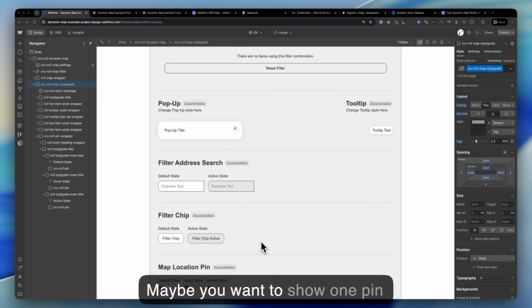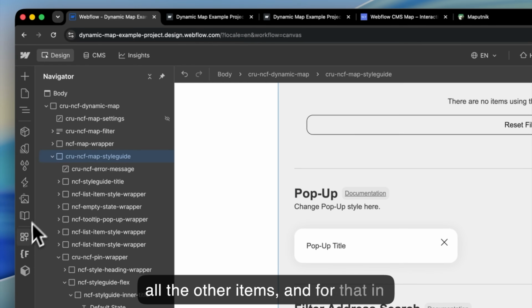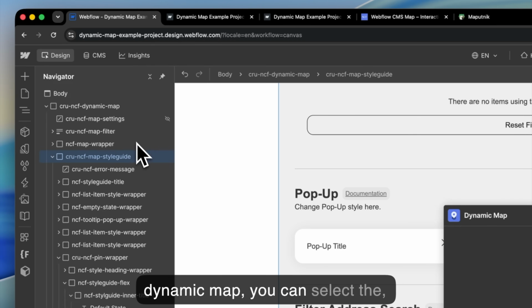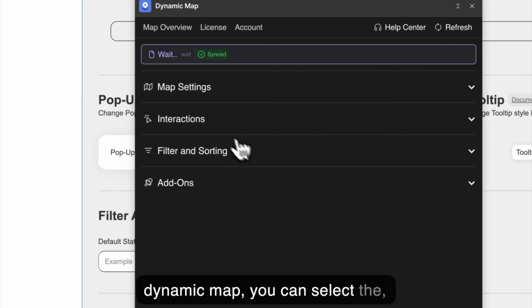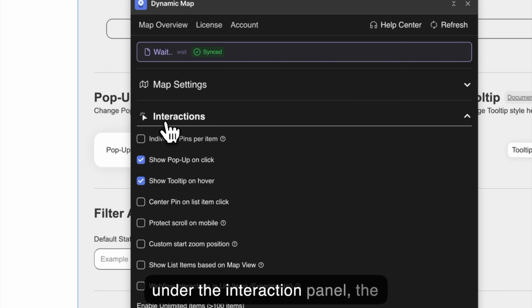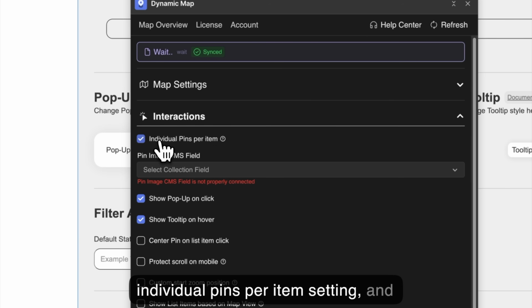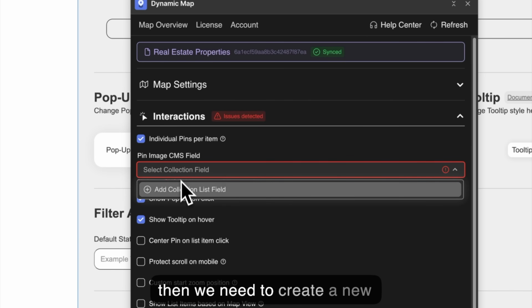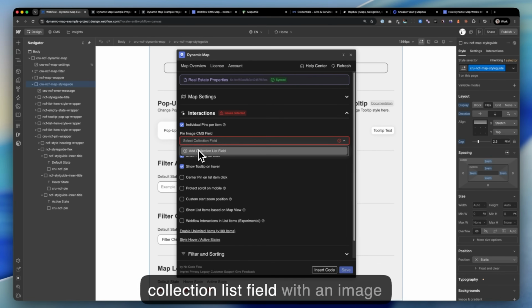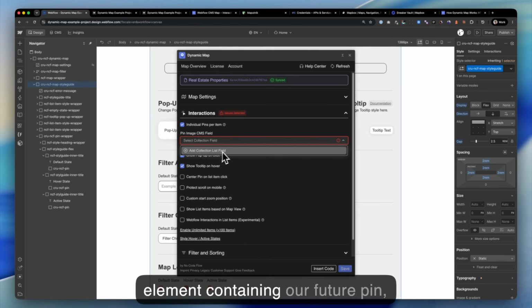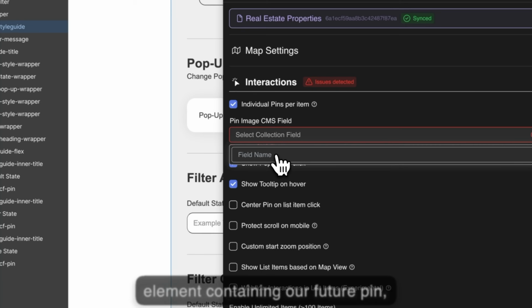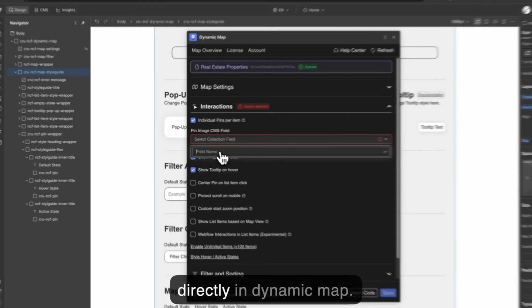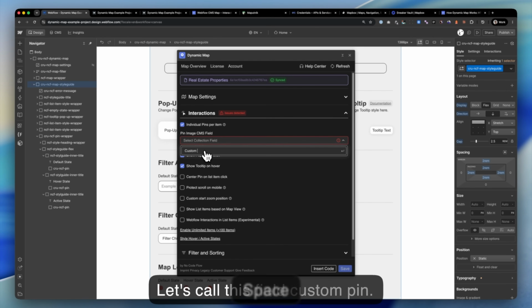Okay, now let's set custom pins. Maybe you want to show one pin with a specific and different pin than all the other items. And for that, in Dynamic Map, you can select, under the interactions panel, the individual pins per item setting. And then we need to create a new collection list field with an image element containing our future custom pin. We can create this directly in Dynamic Map. Let's call this field custom pin